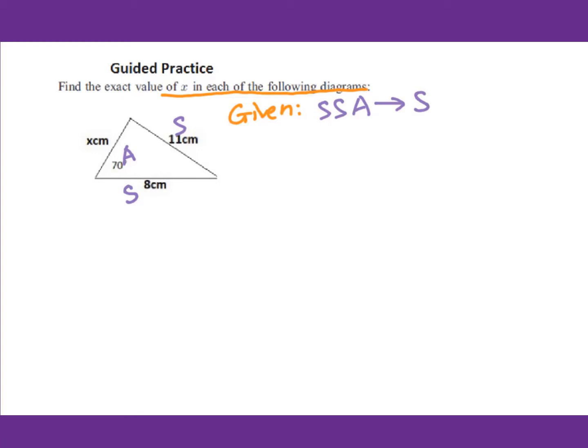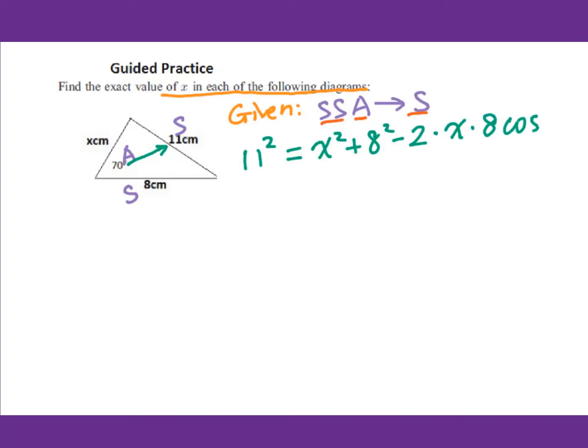Since we are dealing with 3 sides and 1 angle, we have to use cosine law. Now we need to set up cosine law. How to set up cosine law? Remember, use the side which has a corresponding angle. That means we use 11 squared equals x squared plus 8 squared minus 2 times x times 8 cosine 70